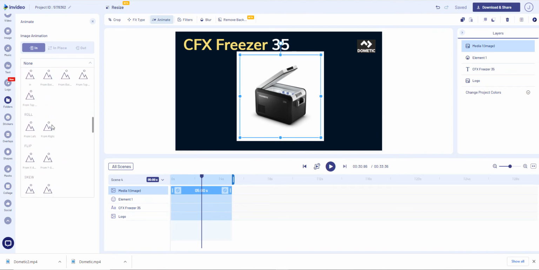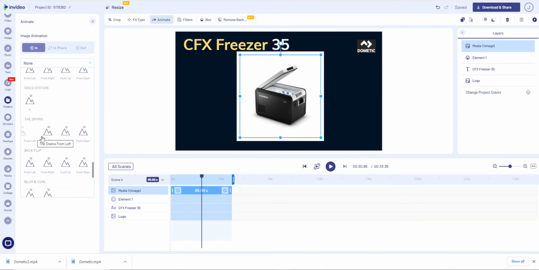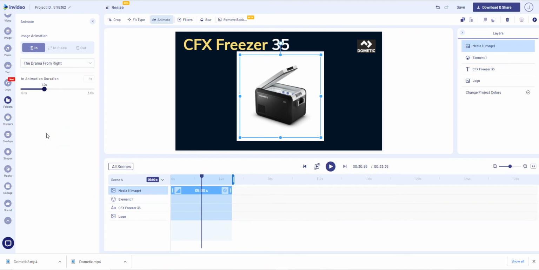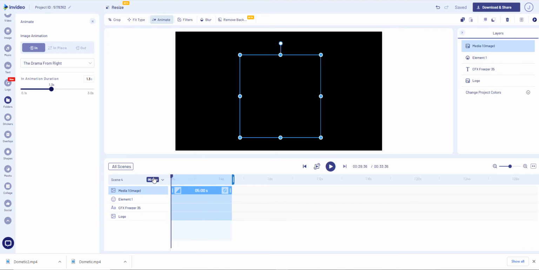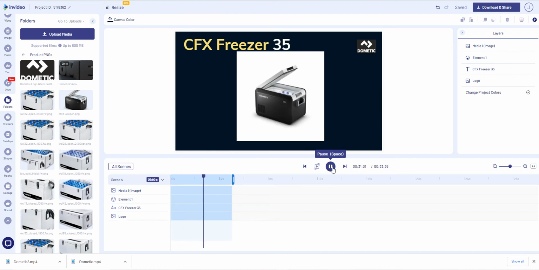One of the more advanced ones, let's drama it from the right. And again, I'll give that just a bit more time. Now if we place our seeker at the beginning and press play, you can see what's created there. Now I'm just doing really simple stuff here just to show you that it's really easy to create